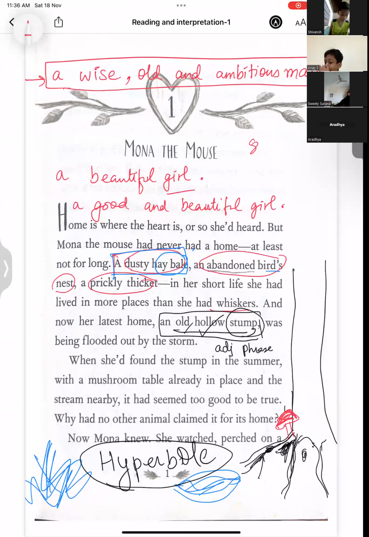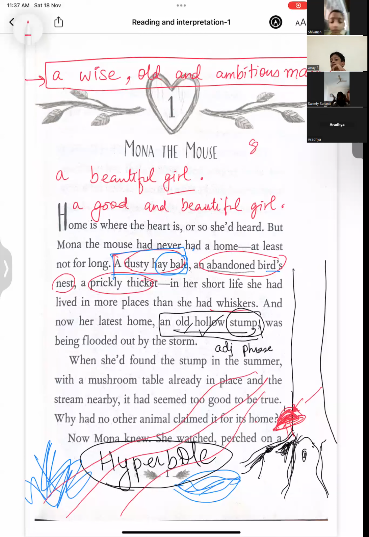With a mushroom table. Mushroom is written as a mushroom table because this looks like a table. ये जो ऊपर का shell होता है ना, it's like a table. So next time when you're describing, you can use this word. With a mushroom table already in place and the stream nearby, there may be, since it has been flooded, next to the tree, a river stream or a creek. Getting the description of the setting, children? इस पैराग्राफ में setting का description हो रहा है. And when we are at the beginning of a story, setting and character description happens. We are aware of this?